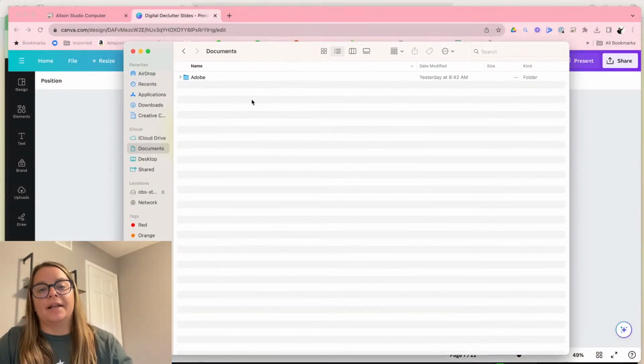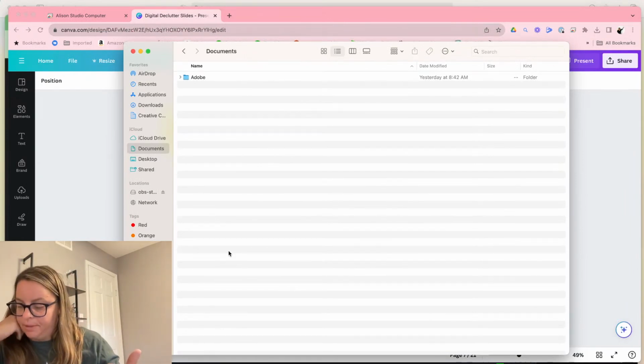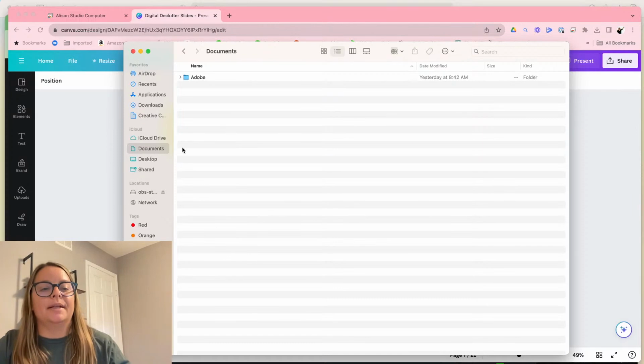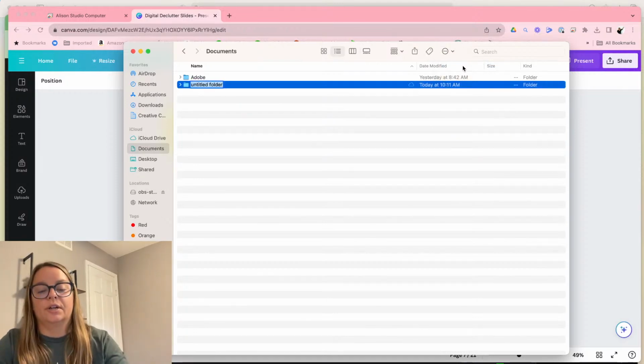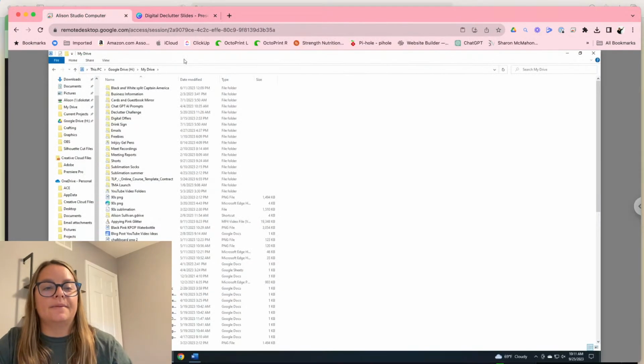I'm going to go in my documents here. I can show you what my actual setup looks like, but I want you to decide on a place, and I want you right now to create a folder. So on your Mac, if you have a Mac, you're going to go to these three dots, hit new folder, and I want you to make a crafting folder. If you're on a PC, wherever you want them to be,